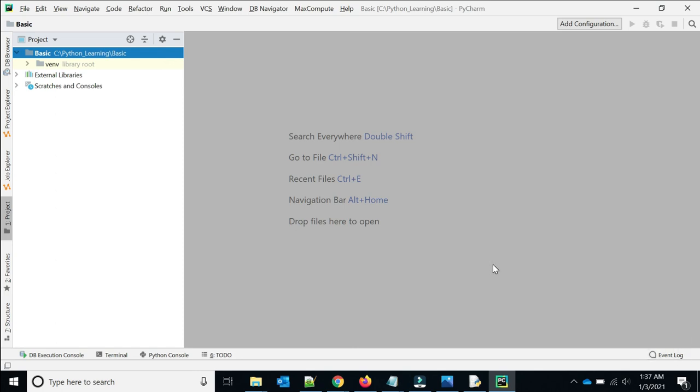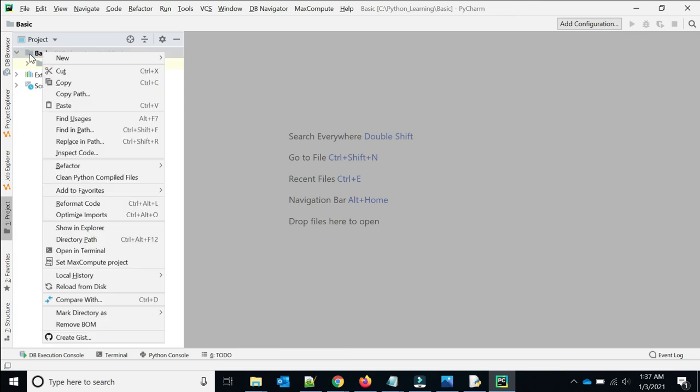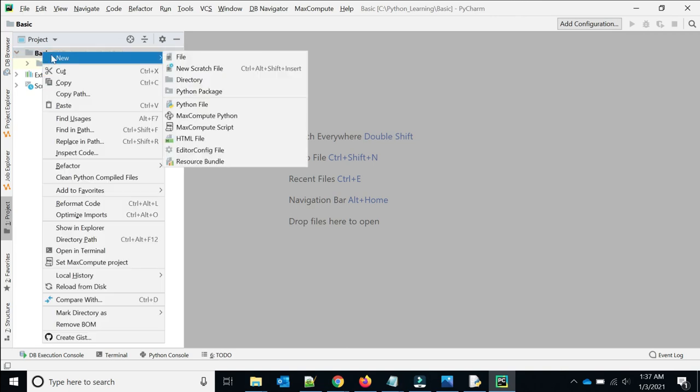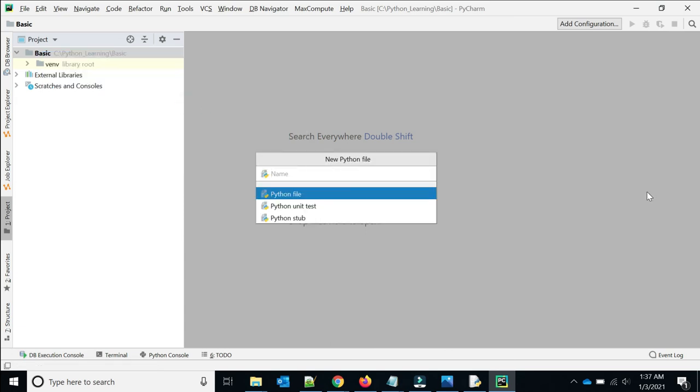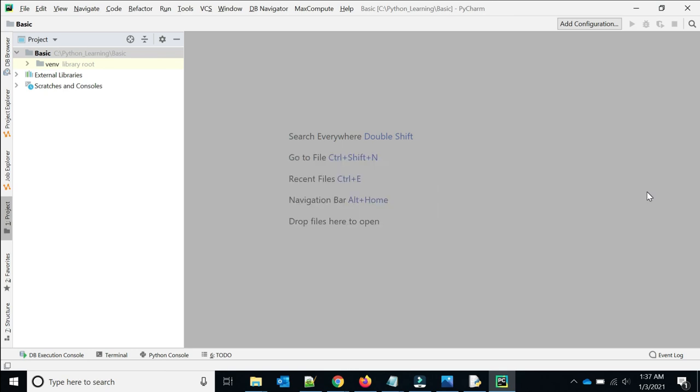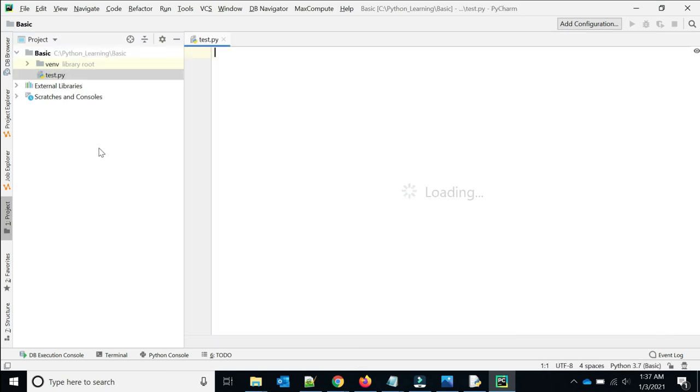Okay, so now to create any Python file, what you will do, right click on the folder whatever is available here, like we created basic, right click, new, and go to Python file. So test, I am just writing test, so automatically you can see one test.py is created.